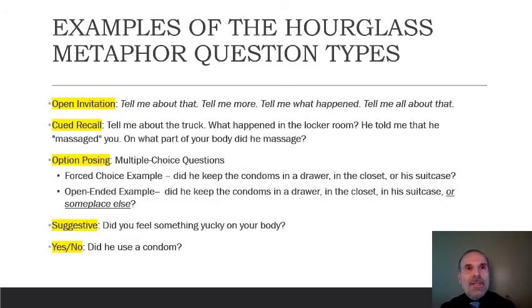Lastly, and you could see I flipped them around from the hourglass metaphor image, are suggestive questions and yes/no questions. Both question types are suggestive, and they can be highly suggestive. And at times, if our information is wrong, they can be misleading. And that's worse than a leading question. We don't know what happened. We weren't there. So any question that we offer that has information where we're just speculating about that information can be misleading. We want the information to come from the child.